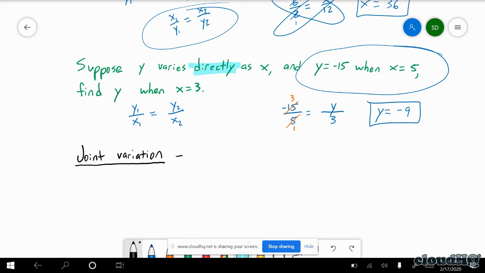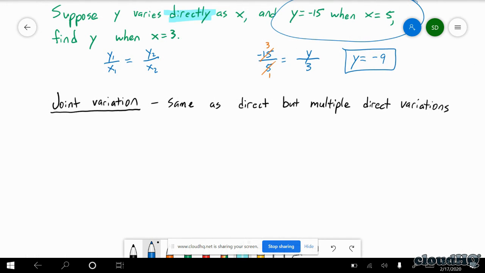Joint variation is actually the same as direct, but if there's multiple things that it varies with directly, we call it joint. So it's the same as direct, but really it's multiple direct variations. It's probably a better way to say that, but that's all right. So for an example,